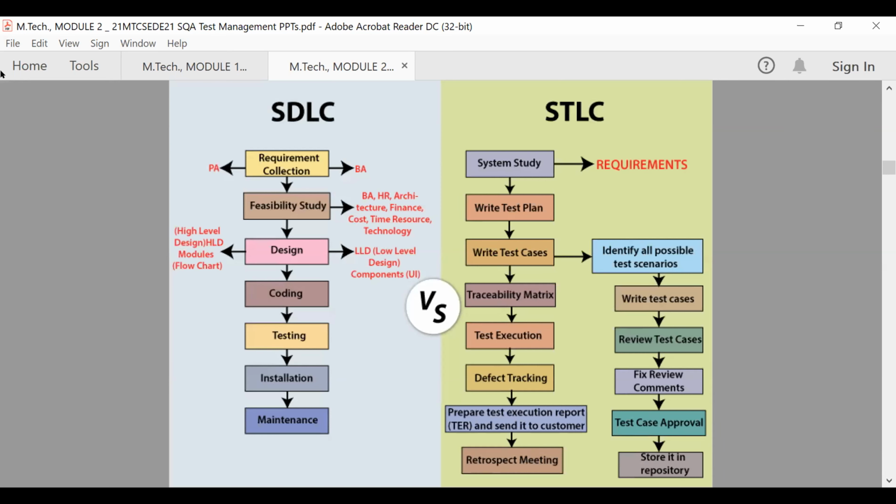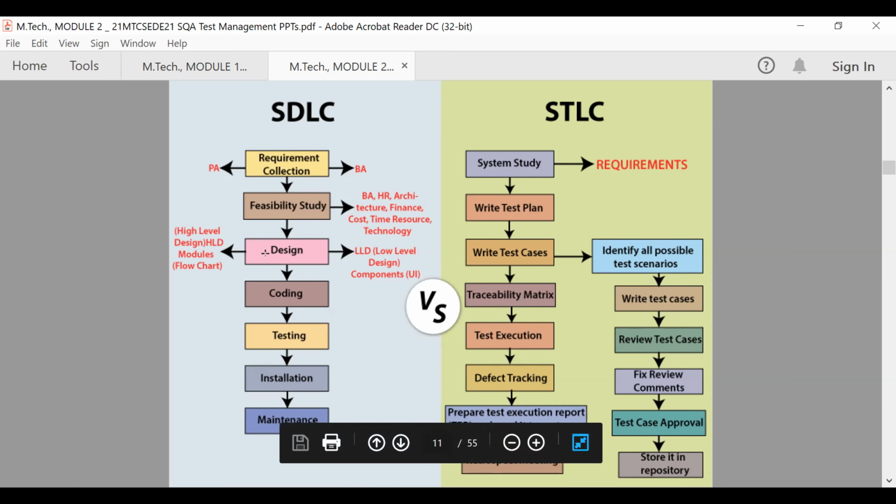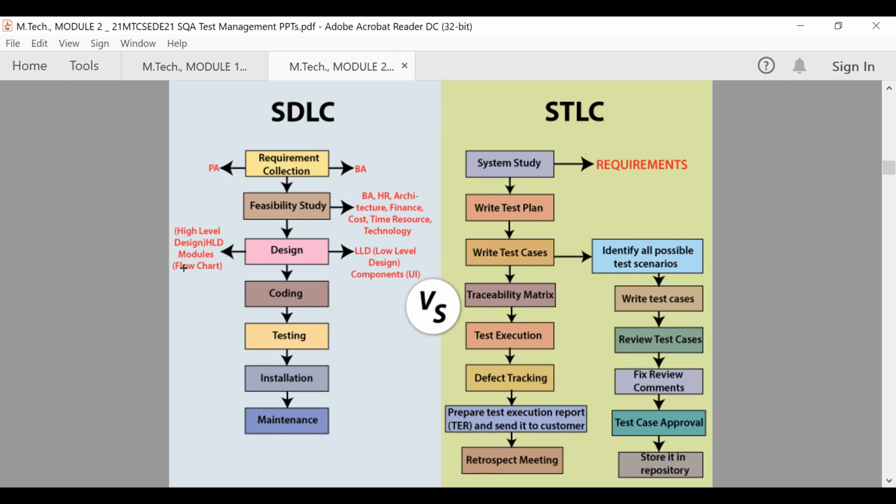The next diagram gives you a clear idea of the major activities we are performing. From the flow graph, we can identify that in the software development life cycle, we have requirements collection, then feasibility study, then we create the design. The design may be high level design based on the modules. For design purposes, we may use flow charts, UML diagrams, or data flow diagrams.